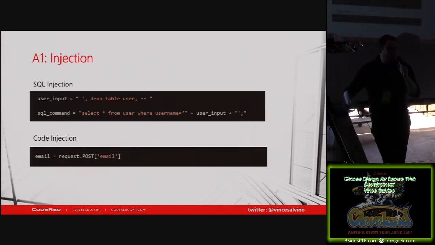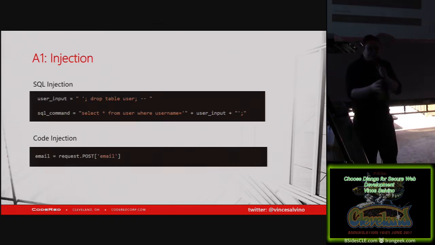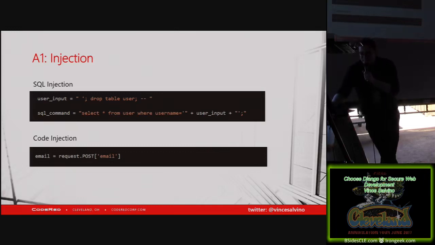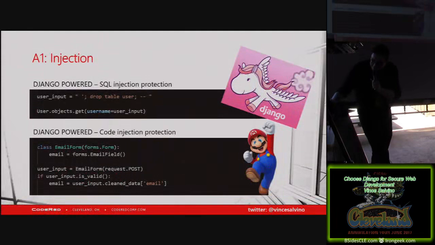So the first one, injection attacks. Let's look at some code that might generate a SQL injection. I'm sure no one can probably read that, but you know, the old XKCD Bobby Tables comic, if you've ever seen that, you know, you can do select star from user where a username equals, and someone malicious adds, you know, dash dash quote drop all from user, etc. Or a code injection, someone enters something nasty in the email, and if you're a developer and you just grab that email field, you're injecting whatever code they put directly into your application.